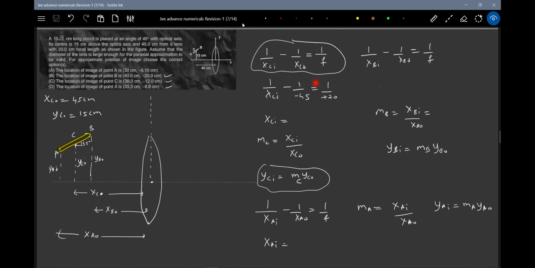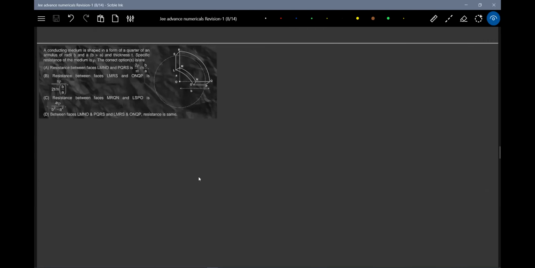There's only this method available for you. Very simple. If the object is not on the principal axis, the x coordinate of the image is from the lens equation, and the y coordinate is from the magnification. And you have to interpret the sign properly. You have to substitute with sign, negative will come. And look at the object again, x coordinate of the image also with sign will come. Substitute all these things with sign. Okay, yeah, take this.